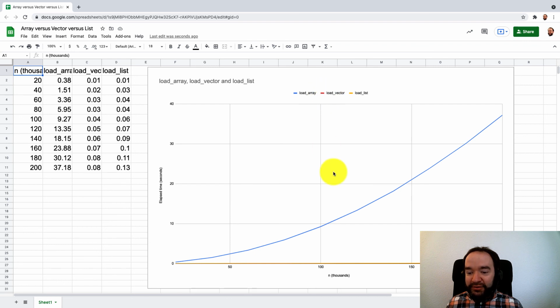By contrast, load vector is in red down here, load list, linked list is in yellow, and they're so low that they're even hard to find on the graph. And that's because that's a linear pattern there. The amount of time that they're taking is scaling up a little bit as the input gets bigger, but is proportional to the input size. And they're very close, so they're hard to tell apart. Load list is a little bit higher than load vector because linked lists are a little bit slower than vector, but either one of them is vastly faster than the array. So that's why we can't just use arrays. We need to use these more sophisticated data structures of vectors and linked lists.